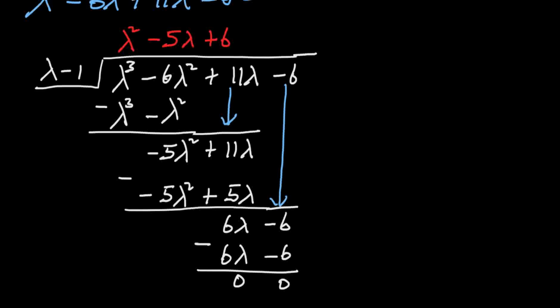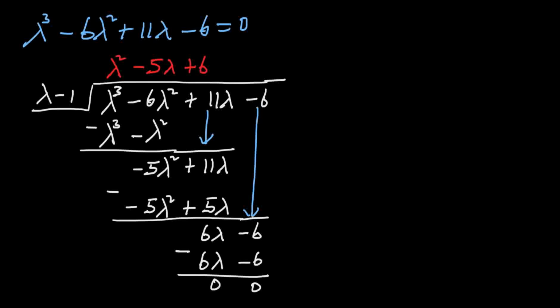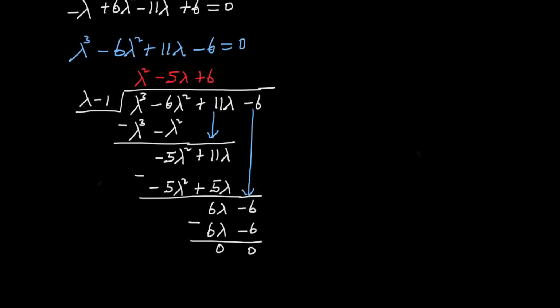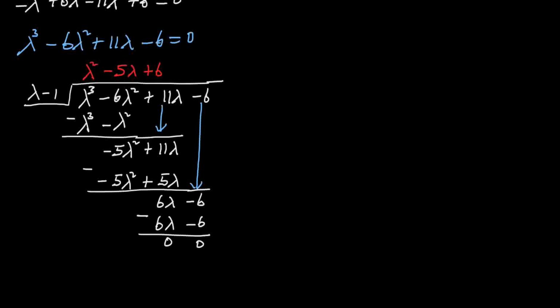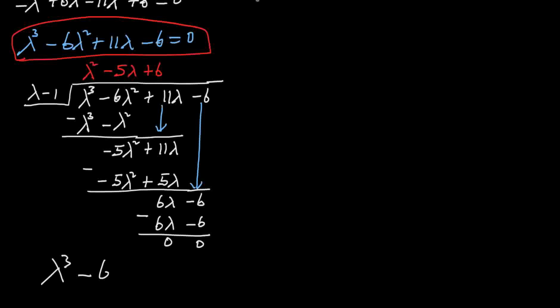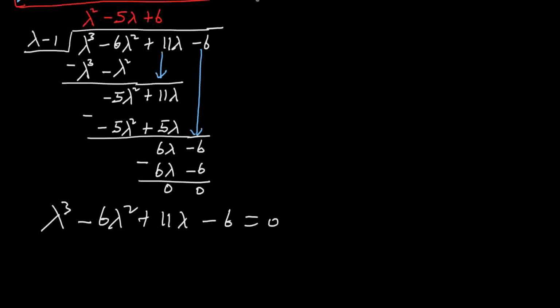So we now have, this means that from this part here, we now have lambda to the third power minus 6 lambda squared plus 11 lambda minus 6 equals 0, which is now equal to, the first factor that we have is this,